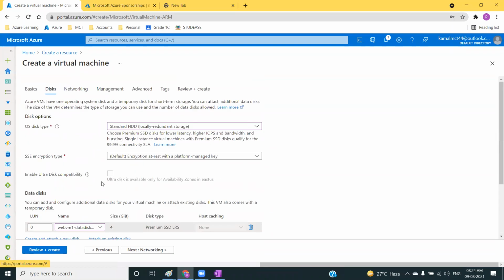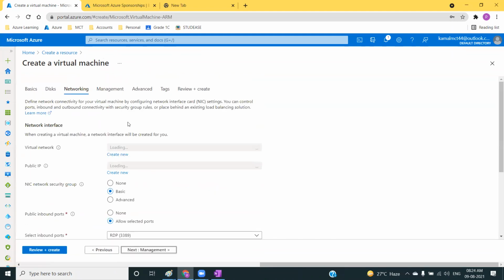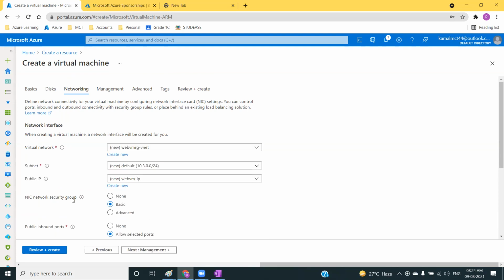I'll go for an existing disk and with the standard HDD of OS disk type. Okay, click next. And this is where you are going to choose your network resource provider, where you're going to specify your VNet and subnet and public IP and private IP. You get it from the subnet, and something called network security group, which acts as a software firewall in the